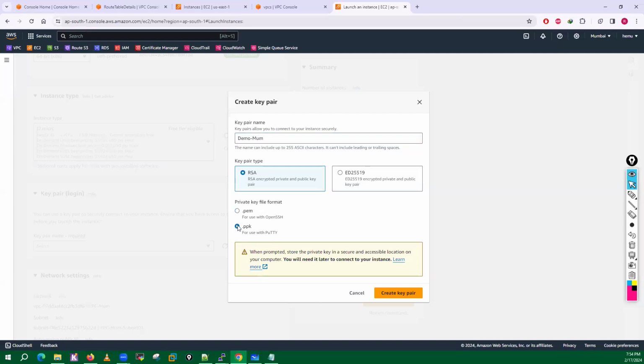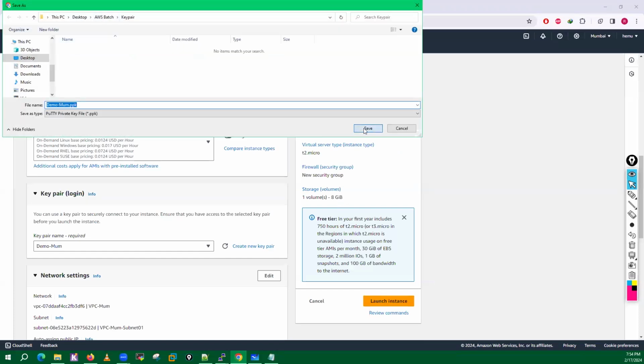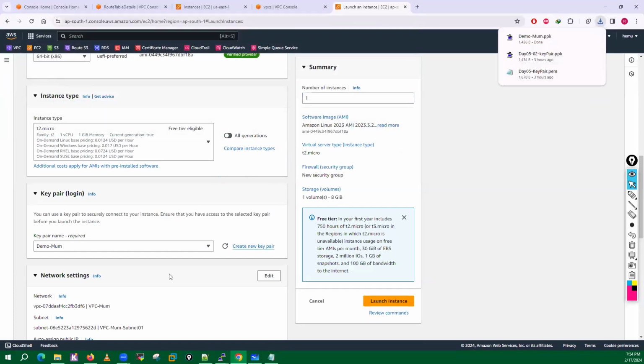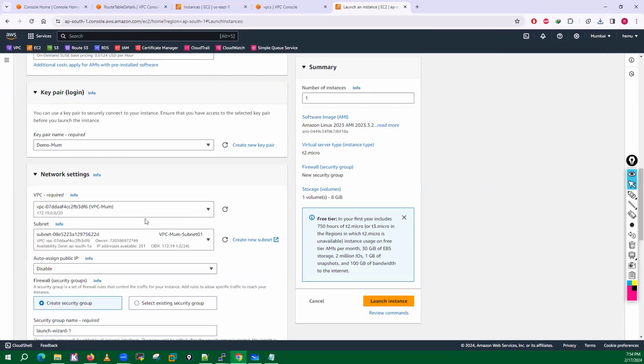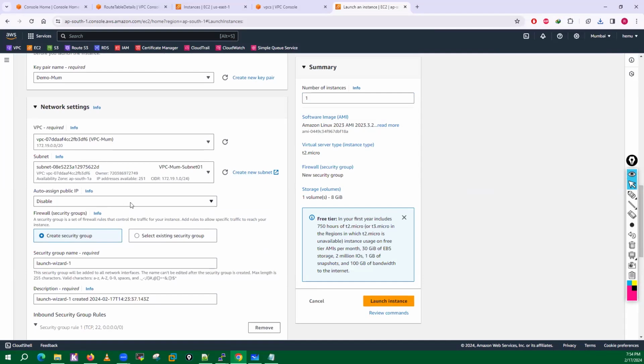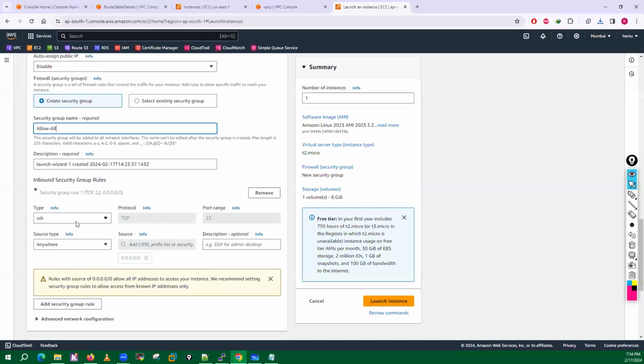I will download the PPK file. Created. It will save into my key pair folder. That is fine. Added. I will put this machine into my subnet one. I don't want any public IP address. So I'll go this way. I will just allow all traffic.